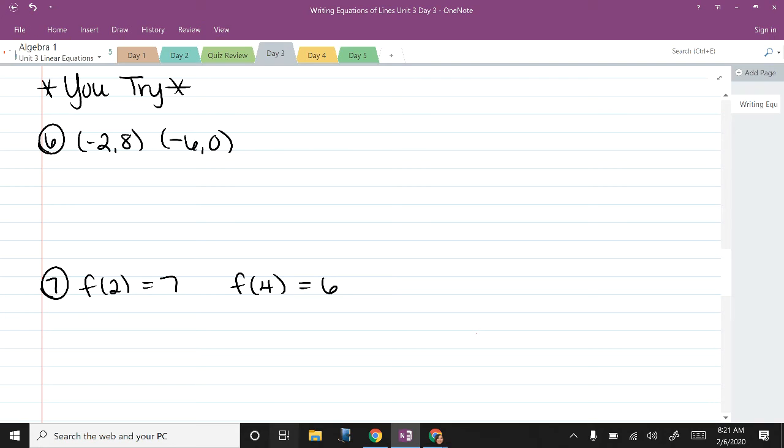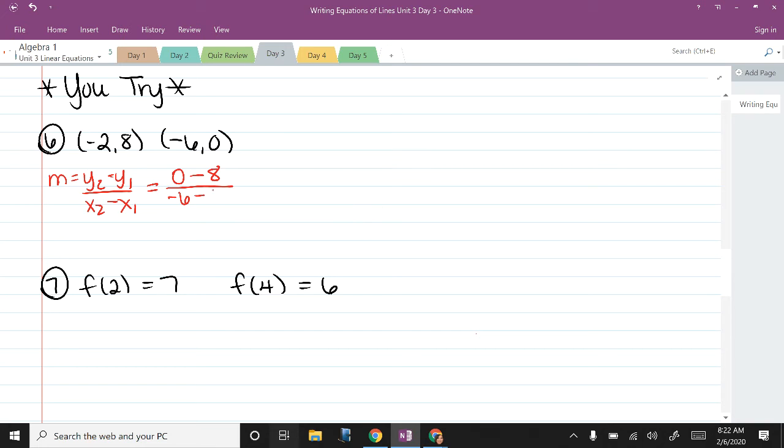Okay, on number 6. Did they give y'all M or B on number 6? No. Which one did you have to find first? You have to find M before you can find B. So y2 minus y1 over x2 minus x1. What number is y2? 0. I need participation, y'all. 0 minus what is y1? 8 over x2